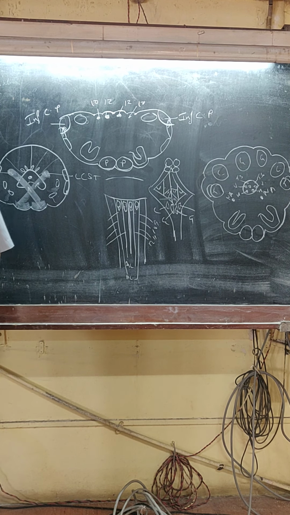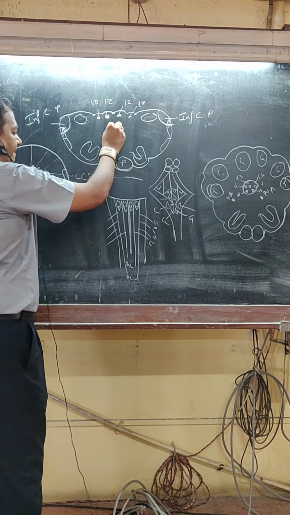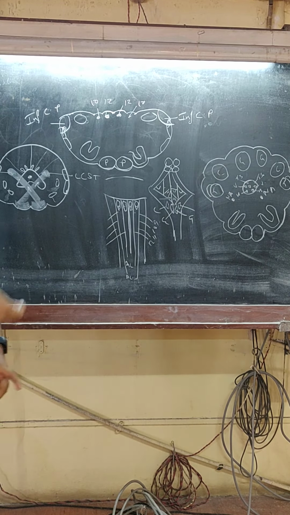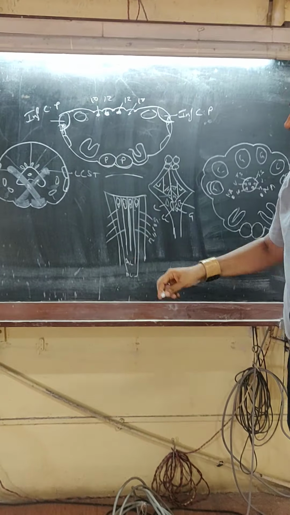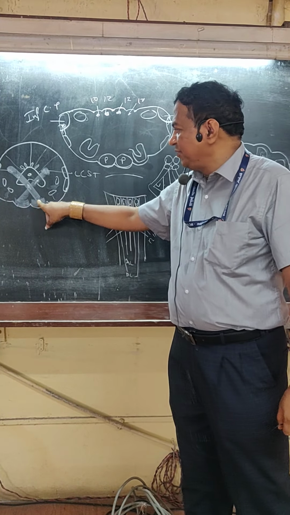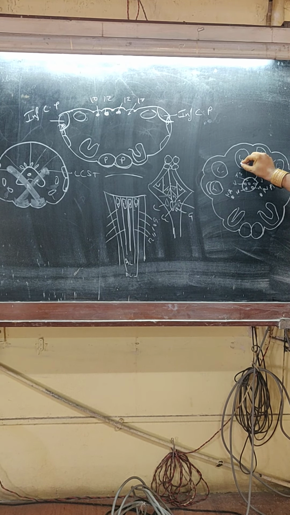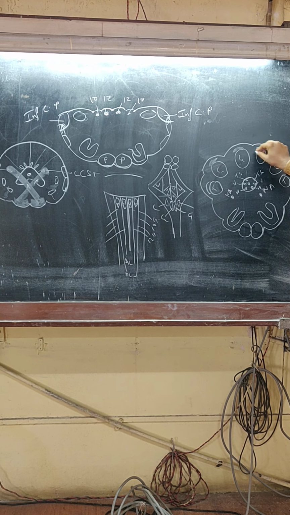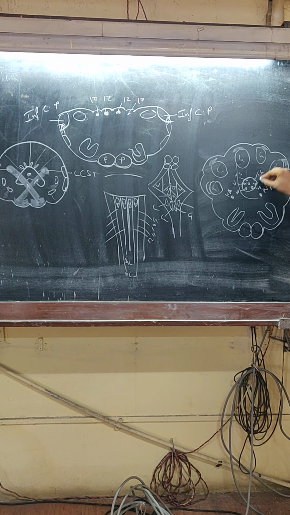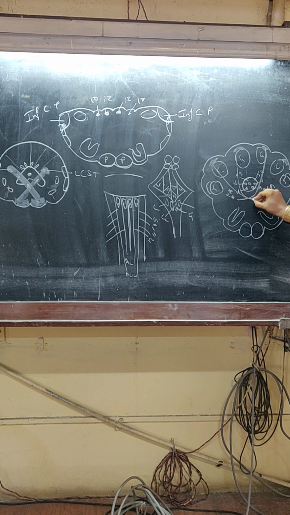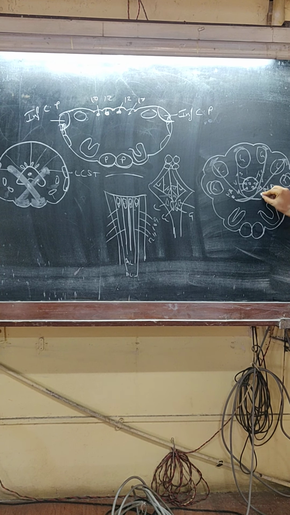Now from here I jump to this diagram. The main component you have to show here is the pyramid crossing like this. Now here what we show is the tractus gracilis and tractus cuneatus. These are the second order neurons. From there the white fibers come down and go to the opposite side.